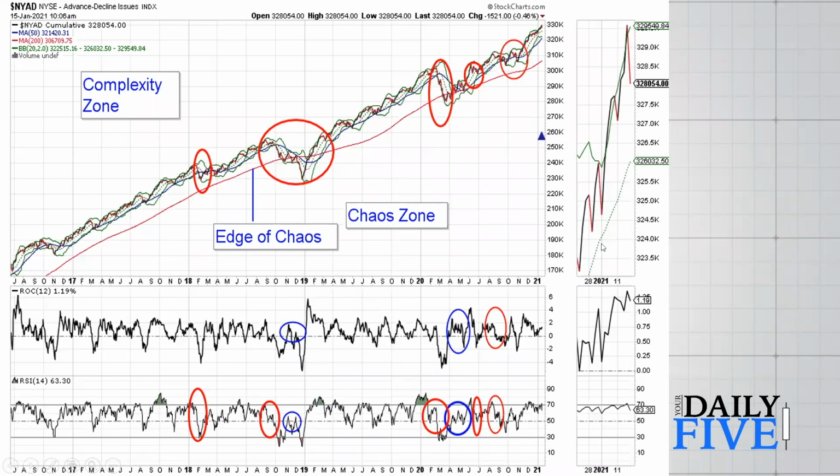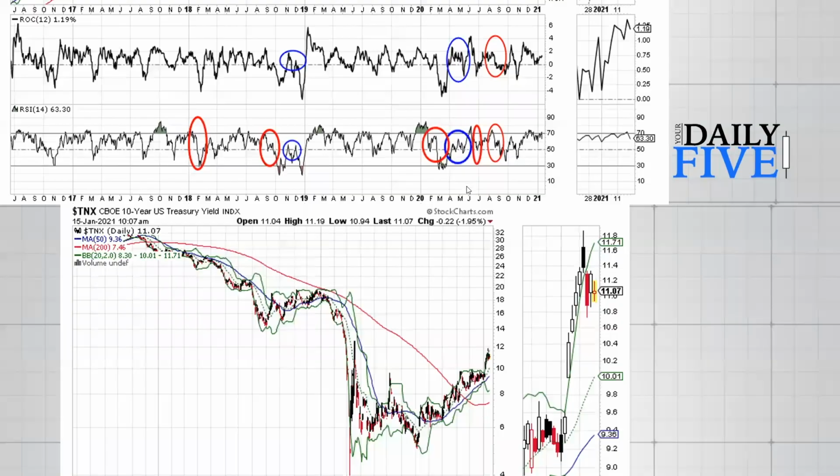New York Stock Exchange advanced decline line, complexity zone where everything goes well, chaos zone where everything goes wrong, edge of chaos, 200-day moving average, 50-day moving average, where there's a mix between chaos and complexity, and things can explode. We see that when we cross the 50-day moving average to the downside and then the 200-day moving average again to the chaos zone. Things can get crazy. Saw it again over here with COVID. Remember the 50-50 sell signal? When the advanced decline line falls below its 50-day moving average, simultaneously with the RSI below 50, things can get kind of crazy. So let's make sure we keep an eye on that. All right, let's get to it here.